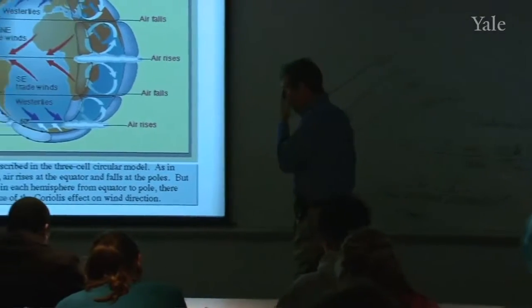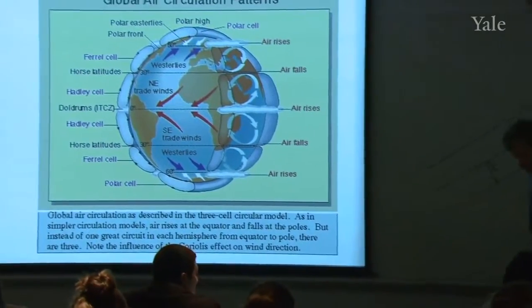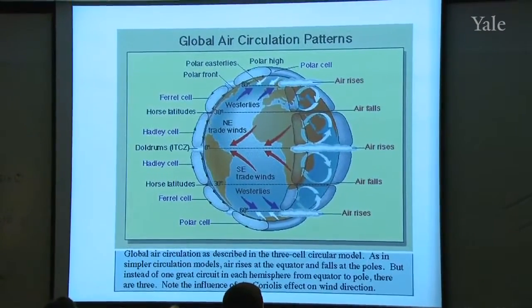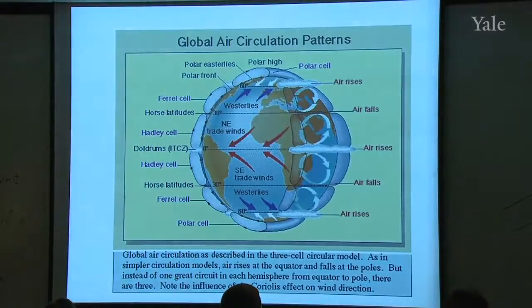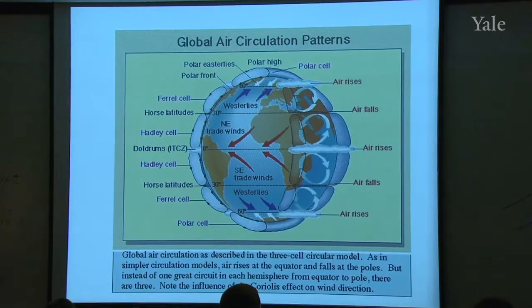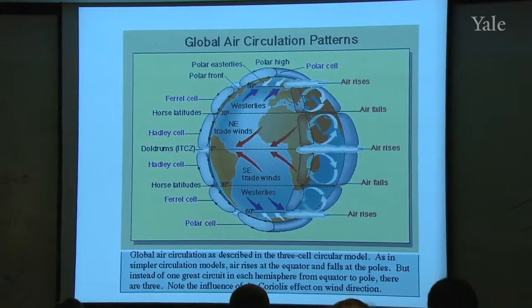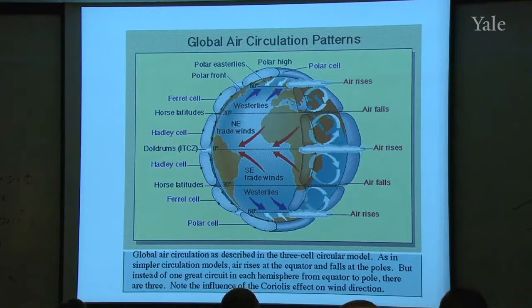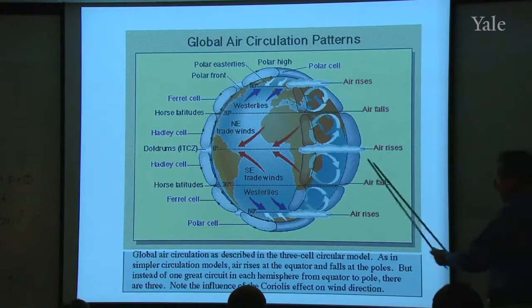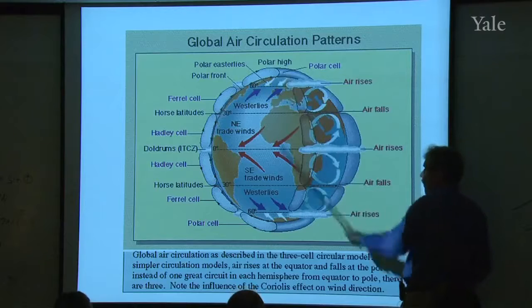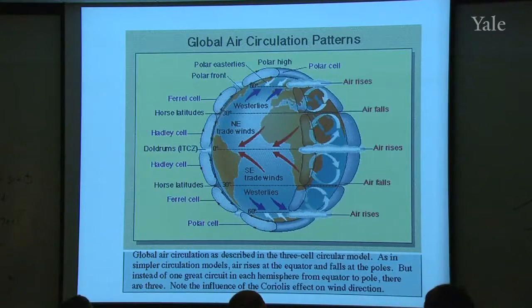bring us to the point last time of looking at a kind of a textbook cartoon like this that outlines in very simple form the three-cell circulation model for the Earth's atmosphere. You know, in its most basic form, this is a very simple problem. You're just putting more heat in near the equator and taking more heat out near the pole, and the differential heating causes a circulation. But the nature of that circulation becomes rather complicated